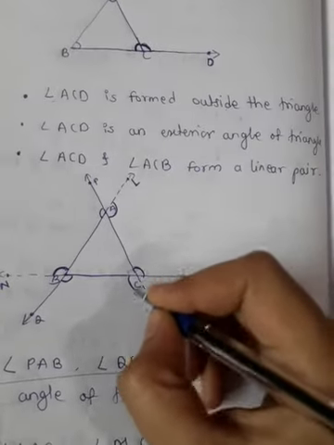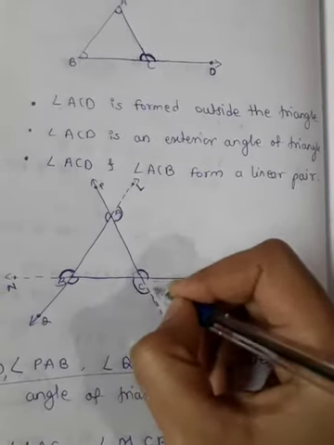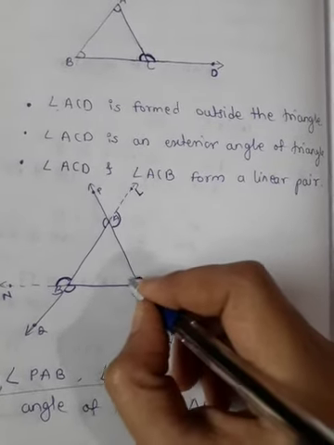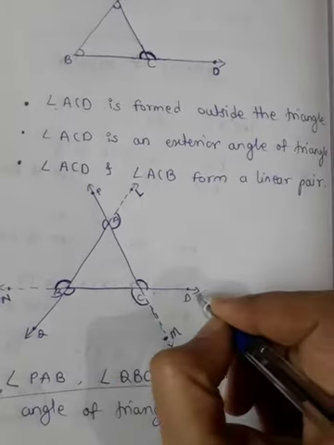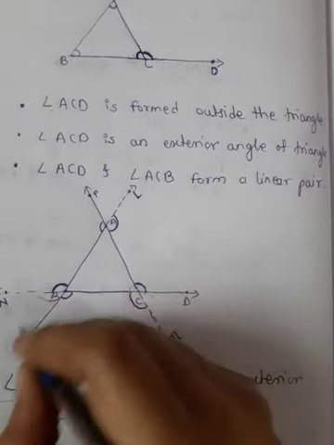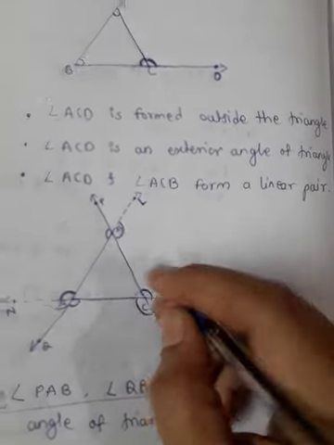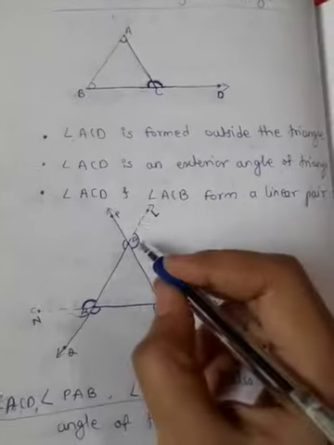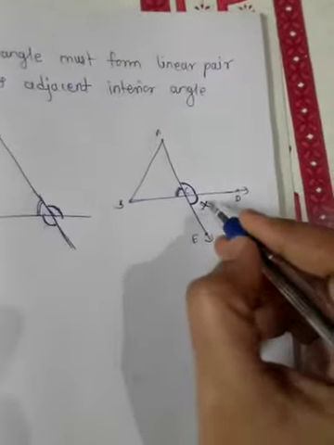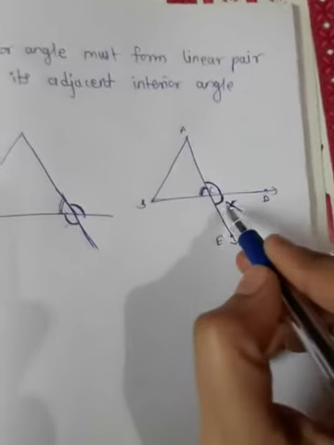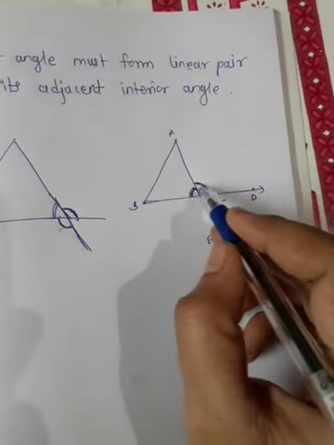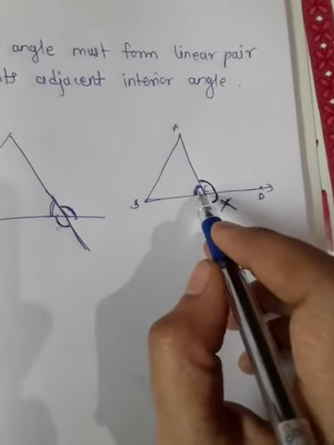So these two are exterior angles, but this is not an exterior angle, because this is opposite to this interior angle. So DCM is not exterior, so these angles are not exterior. For a triangle there are only 6 exterior angles: 1, 2, 3, 4, 5, 6. These angles are not exterior because they are opposite to interior angles, they are not adjacent, and they do not form a linear pair with an adjacent interior angle.